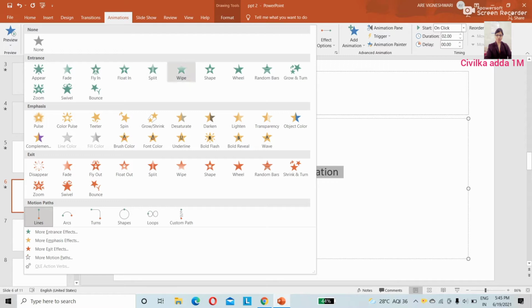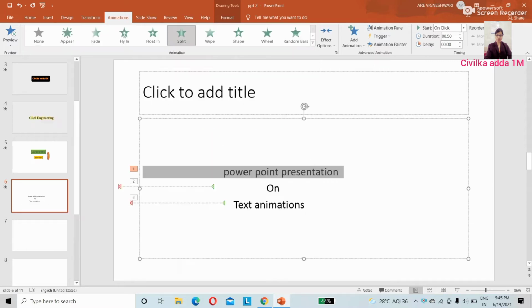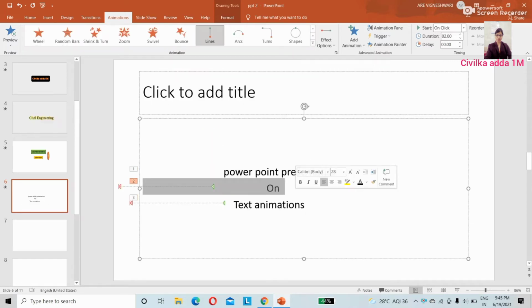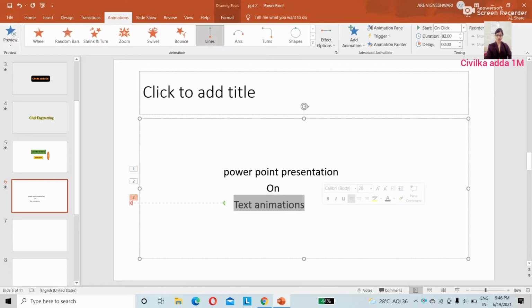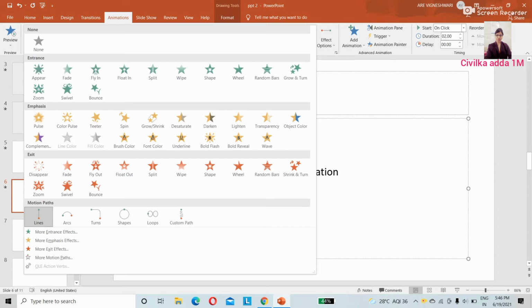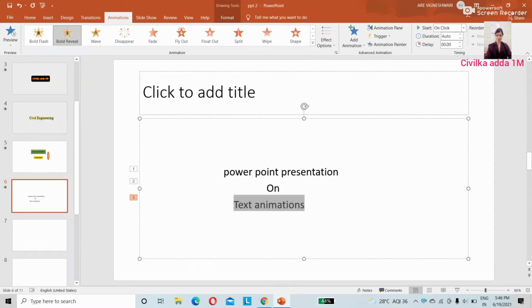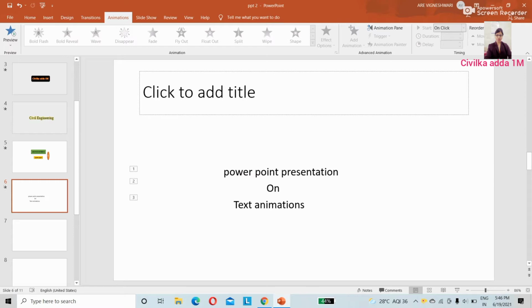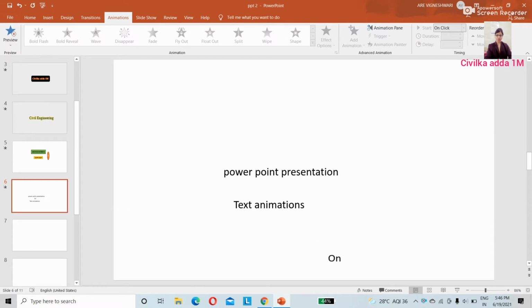Let me take this split and bounce. Randomly I am selecting bold reveal. How it will look when we do the presentation, we'll see in the preview here. See, PowerPoint presentation on text animation.